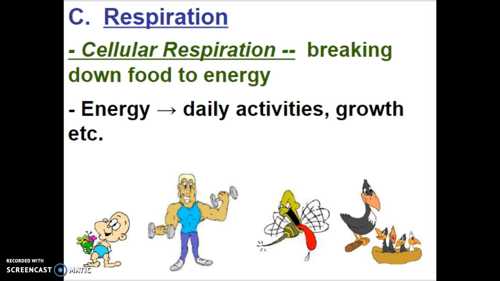In order for consumers to get their energy, they have to perform cellular respiration. So this is how we break down food to get energy, or ATP, for the cell. Energy for living things is all of our daily activities, growth, development, adaptations, all of those characteristics of life that we know and learned from biology.